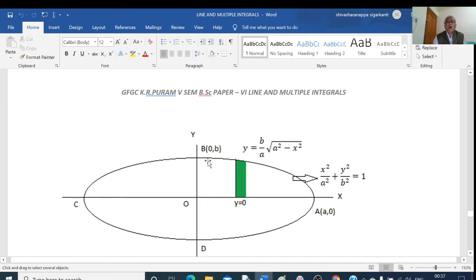Okay, that is half of the figure, half of whatever figure is generated. I am getting half of the figure, and this is similar to this dimension here. Therefore, if I find the volume of this portion and multiply by 2, then I will get the volume of the whole figure.